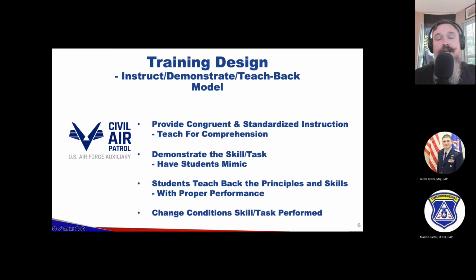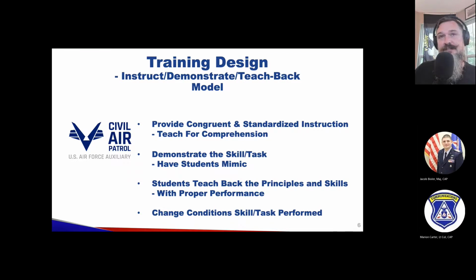Okay. Now, when it comes to the actual training portion, I like this model of see it, do it, teach it. It's great for adult learning. It's what I use teaching university classes or in the military, teaching skills, no matter if it was from the Marine Corps martial arts program to rifle marksmanship. You see it as a student, then it's taught to you, then you do that skill, you actually perform it, and then you put those individuals in a group, or you assign an individual to then turn around and teach